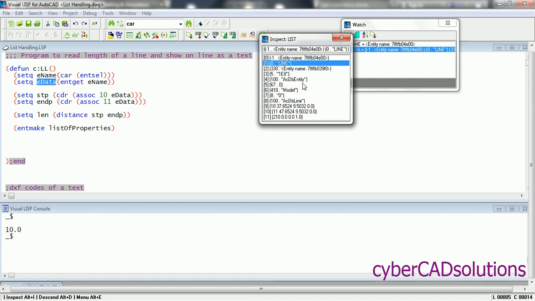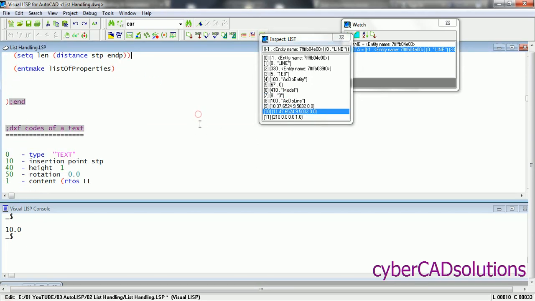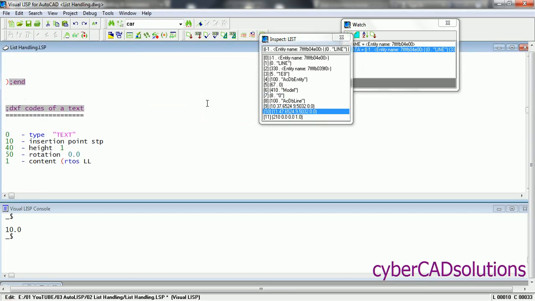So 0 means the type of entity, and 8 is the layer, 10 is start point, 11 is end point. So what are the properties required to create a text? Here I have written some DXF codes for a text entity. So for every entity, 0 is type of object, we will write text as the type of object, and 10